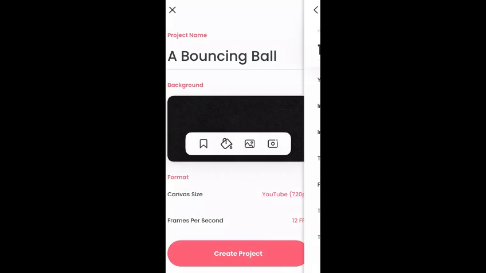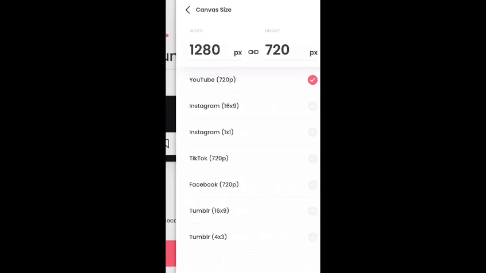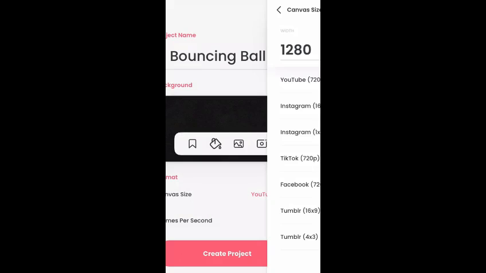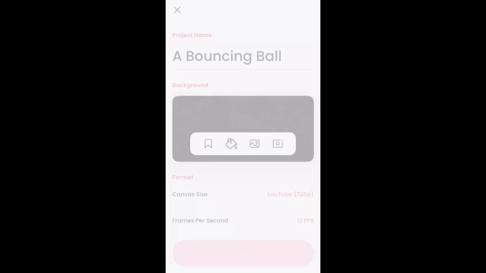By default, the canvas size is the YouTube 1080 by 720. You can also tap and make this 1280 by 720. You can also select various options available. But for this project, we'll be using the YouTube 720, and the frames per second, the FPS, will be set at 12 by default, and we're going to make use of that. The frames per second has to do with the speed of the video, so 12 is fine. Once this is fine, you tap on the create project button